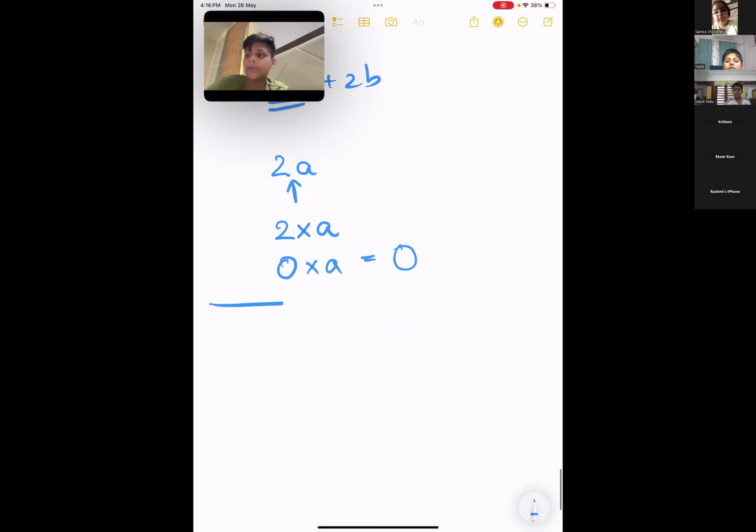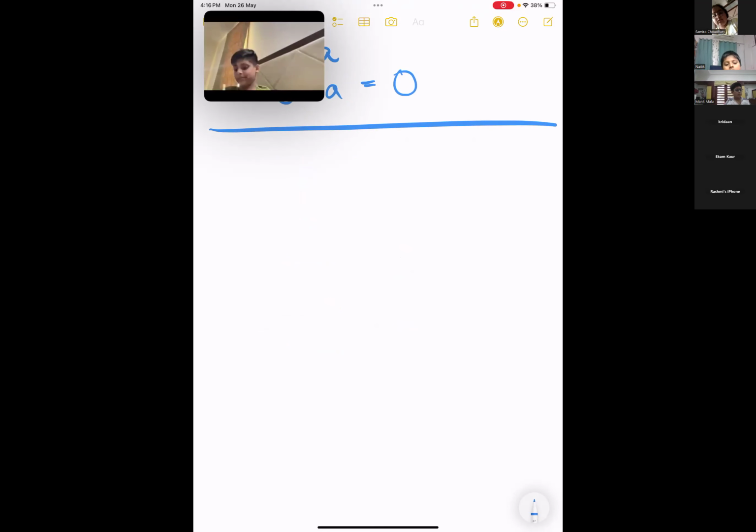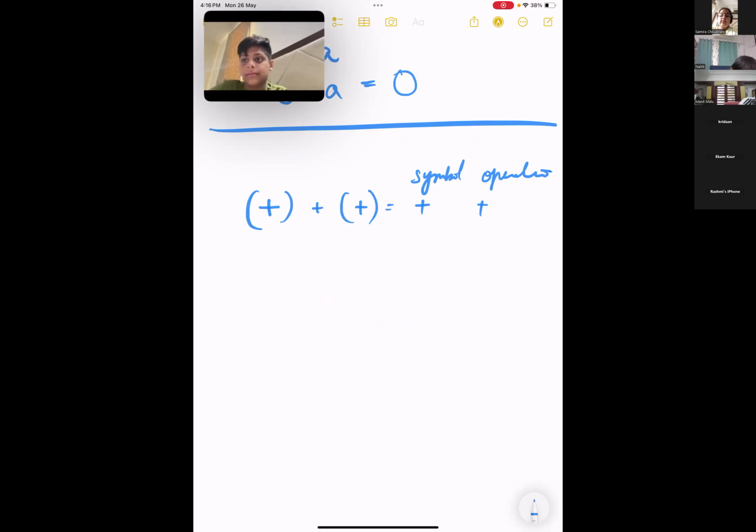Okay? Now, let us work on our concept, which means plus, and when I am adding it, the symbol that the number takes is plus and the operation is also plus. Symbol and operation. Okay? Now you will be asking, what are you doing, ma'am? I'm not able to understand anything. So let me redefine it for you. Plus 6 plus a plus 9. This is a positive integer. Plus 6 is a positive integer.